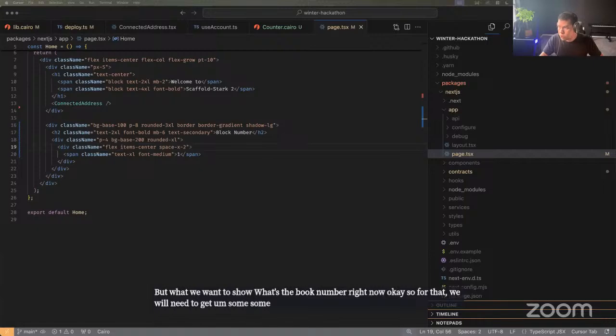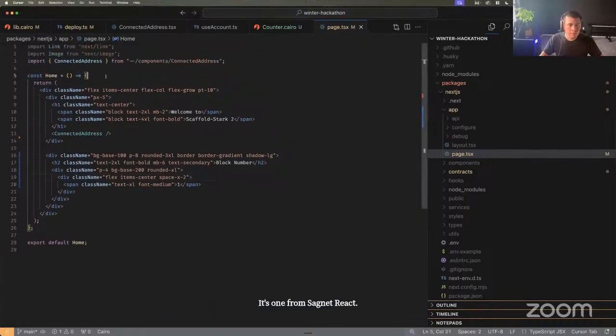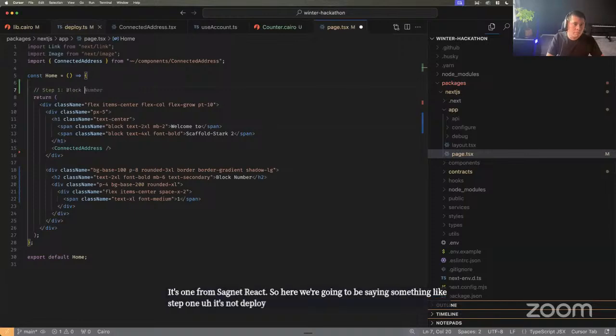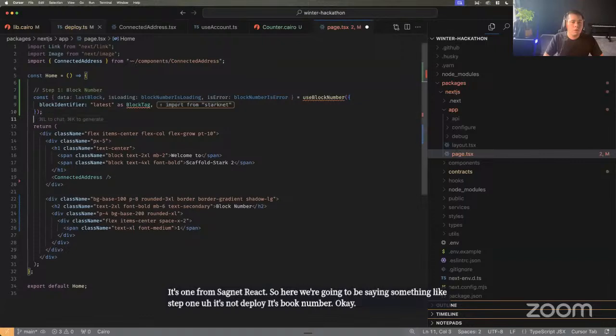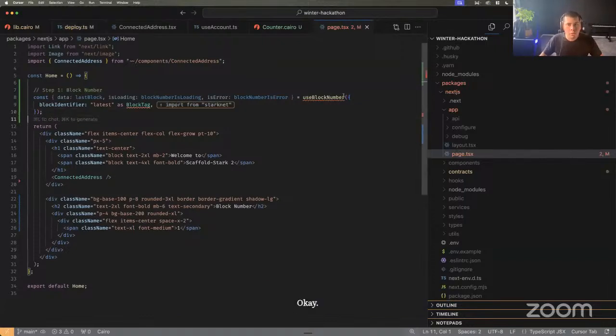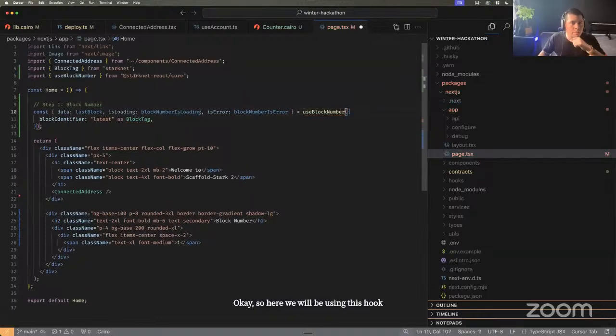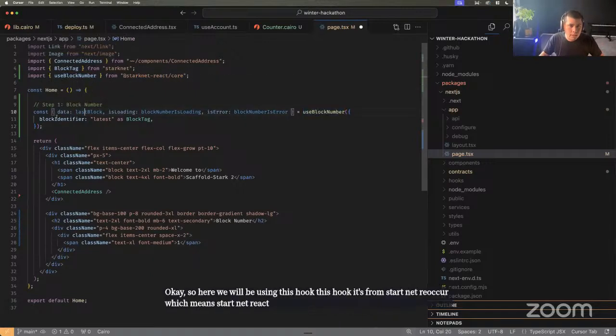some data from the hooks, and the hook that we're gonna be using is one from Starknet React. So here we're gonna be saying something like step one, it's not deploy, it's block number. Okay, so here we will be using this hook. This hook is from Starknet React Core, which means Starknet React. What we're gonna be doing here is getting the latest block from the chain in which